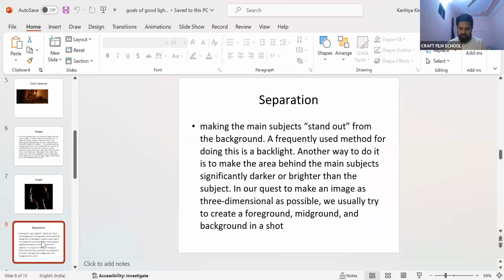Separation. Now the separation we have already discussed. If you are using backlight or background light, it will create a separation. Your character will stand out from the background, so it does not look like your character is merging. For an example,